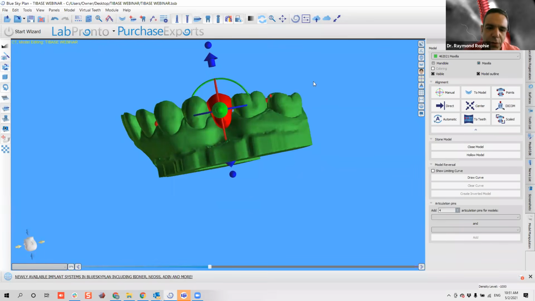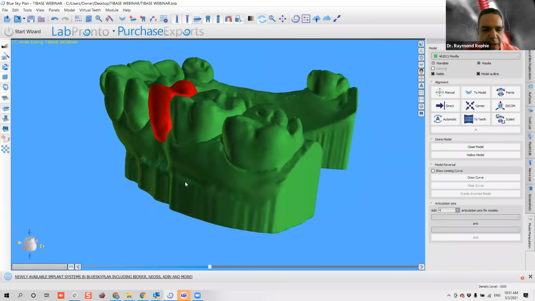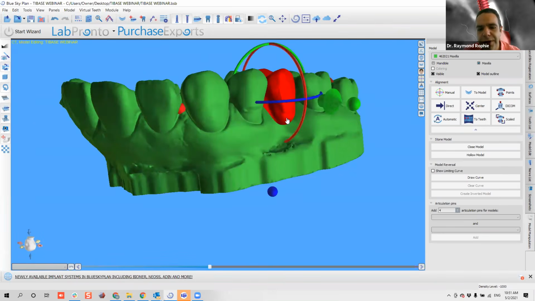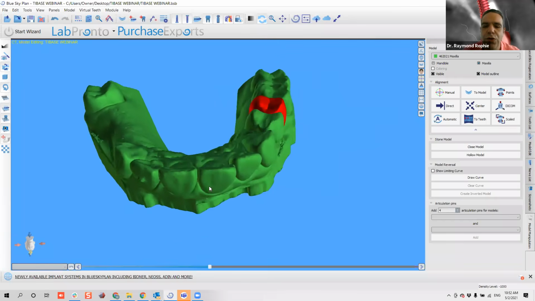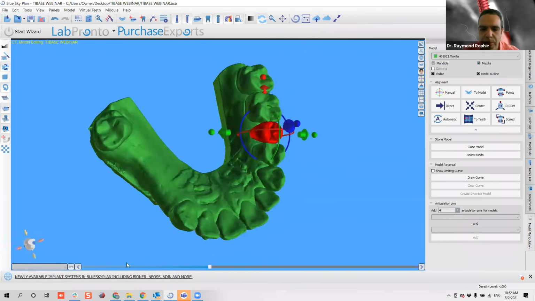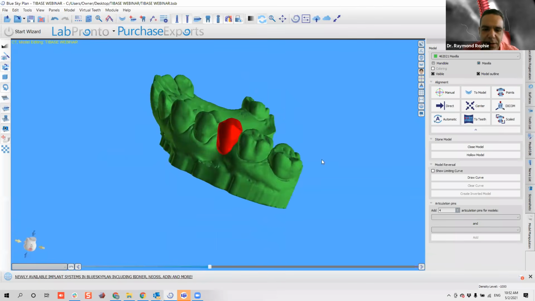The reason why I chose this library is, again, because it has a nice ovate pontic or ovate cervical portion that, as soon as I add my implant and my titanium base, will help the software to create a nice emergence profile. I will show you that. Okay, so let's continue now. We have a nice